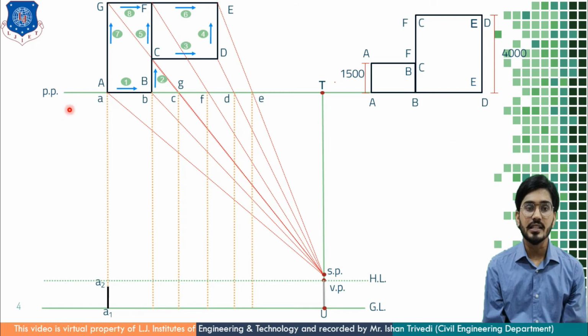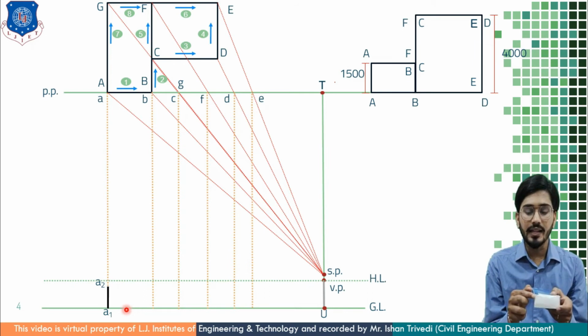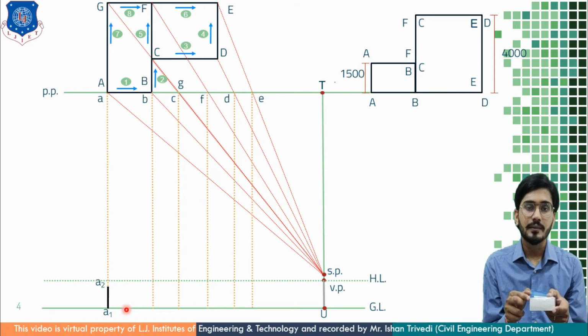If this distance is 2000 mm, then here this will also be 2000 mm. There is no reduction of point. Again I am telling you, because this AB point or this AB rectangle is resting on picture plane, that's why I am getting its true size. So the A1, A2, these 2 points are on picture plane, so this height will be 1.5 meter and in your scale it is 1.5 centimeter.